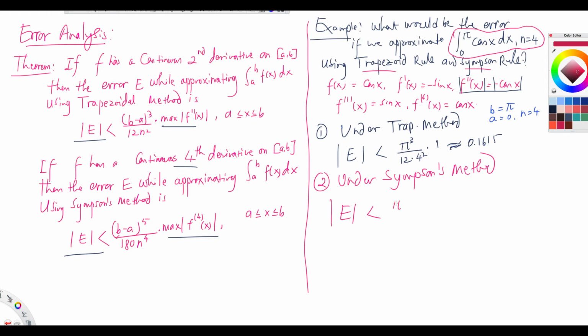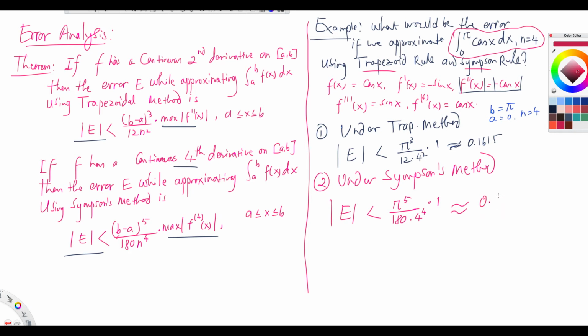Pi to the 5th over 180 times n to the 4th is what? n is 4, so 4 to the 4th times the maximum of the fourth derivative. The fourth derivative is cosine of x, and the maximum of cosine of x is again 1. You see that? Now if you use a calculator for this, then you will basically get